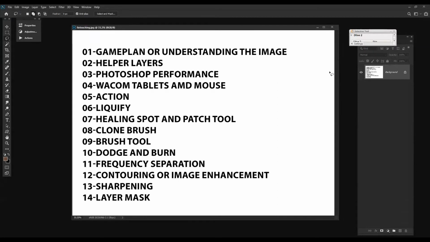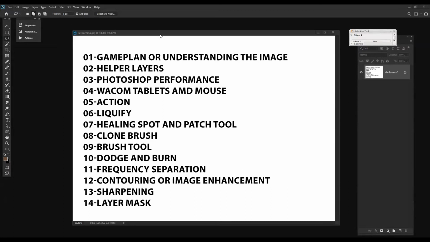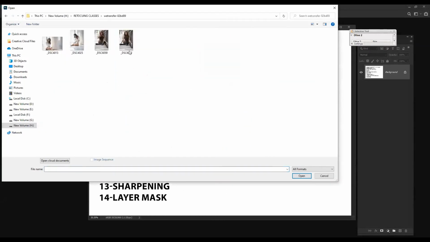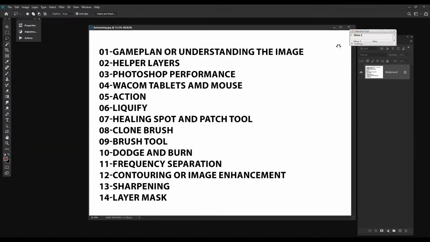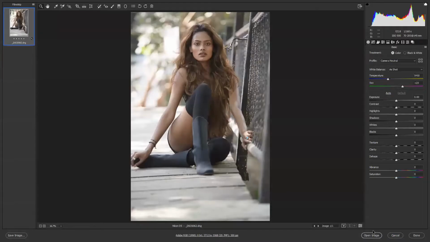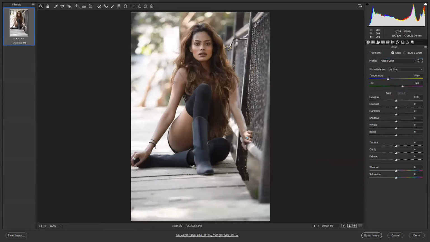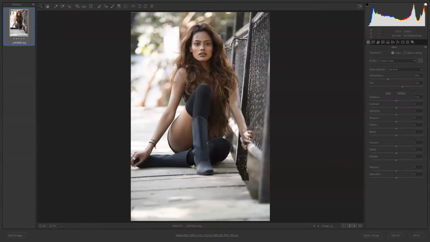So first, game plan or understanding the image. Let me open an image. Can you see this raw image? Okay, fine.